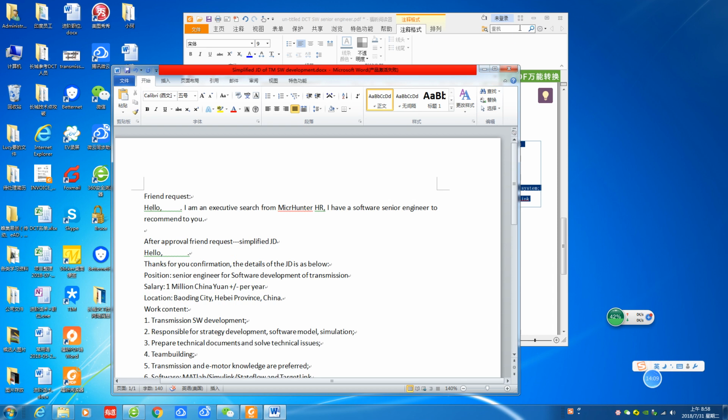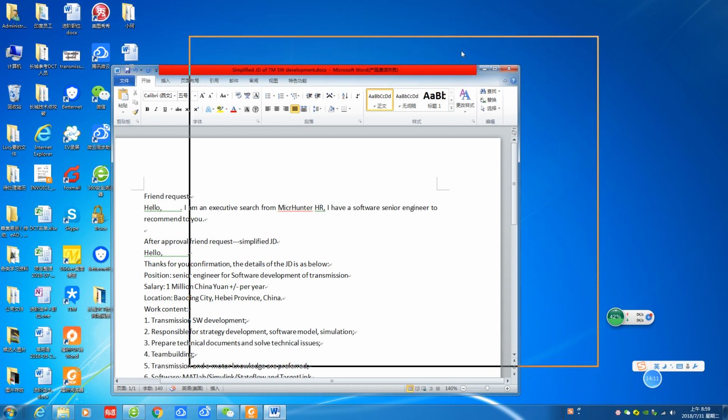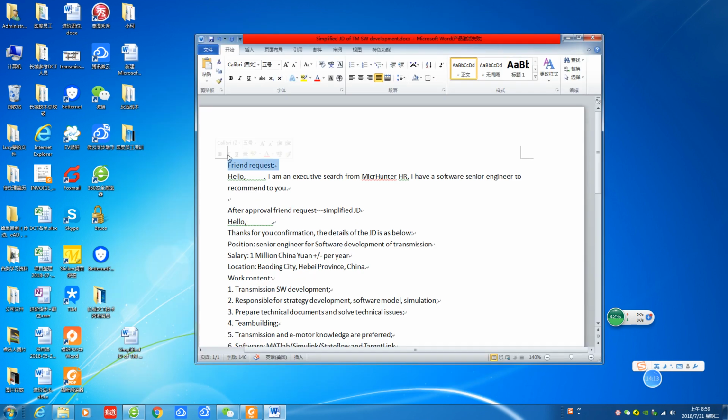Okay, now we need two sentences. The first sentence is for the friend request. This is the note for us to add when we send the request so that the candidate can check the note. It will help us to convince the candidate and to approve our application. So it's more effective. It can be like this. Hello, then we put the name here. I am an